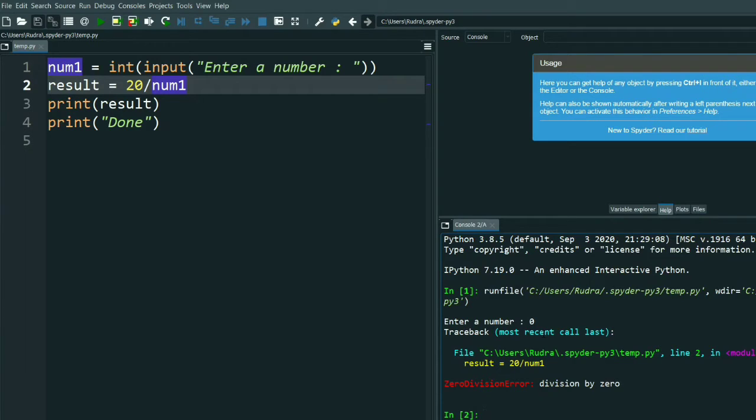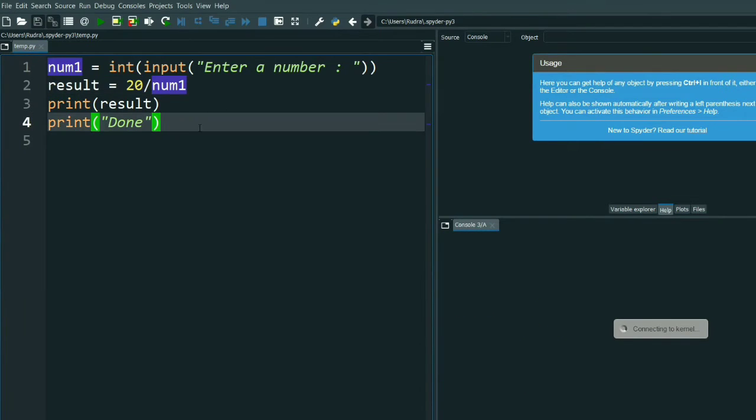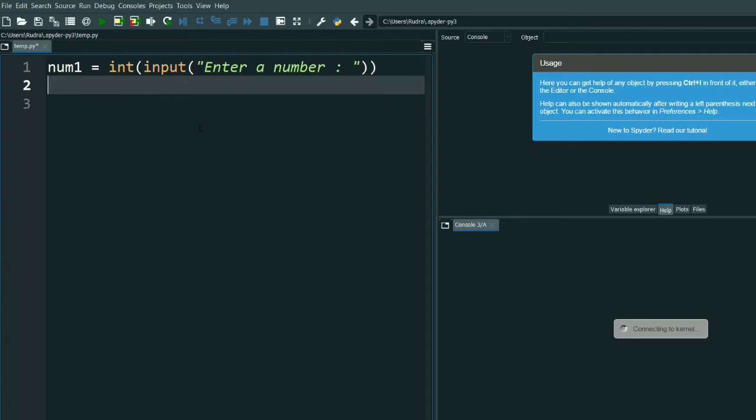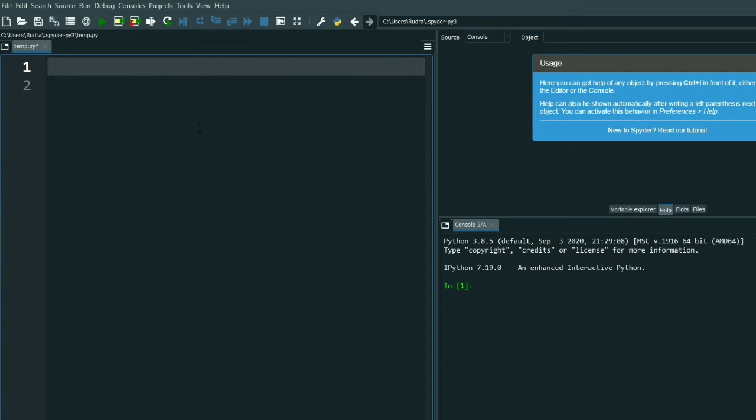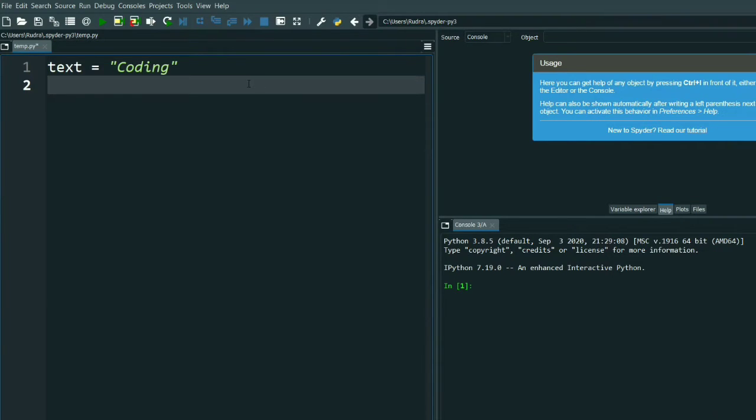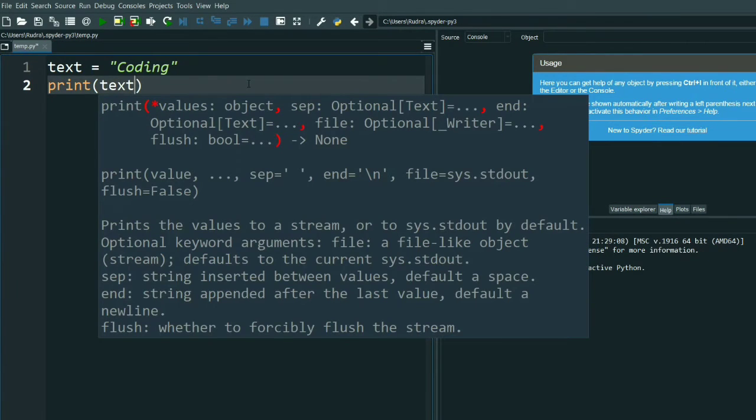Now let me show you another exception. Suppose here I take text equals coding. Now print text.